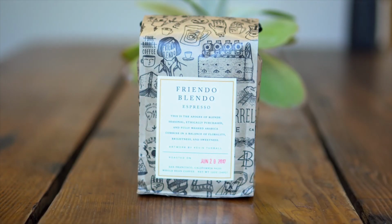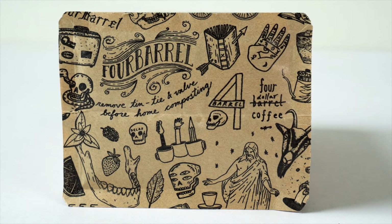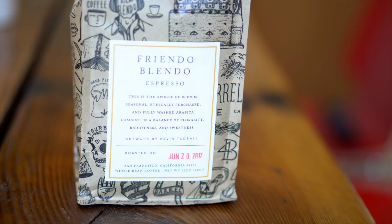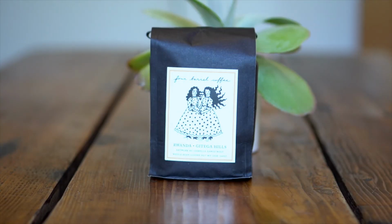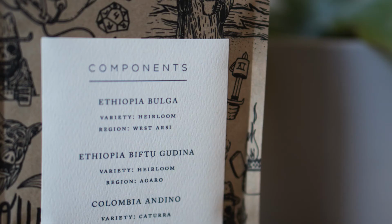So let's talk about the art. Sure. So we've got Kevin's art on the Blendo espresso blend, and that looks like something that's going to stay. But then all of the other bags have new artists for each coffee. So they launched with 2 artists, and then we'll keep bringing in new artists. 4 Barrel is at the La Marzocco Cafe up in Seattle for July, which means 2 of their espressos are going out with the